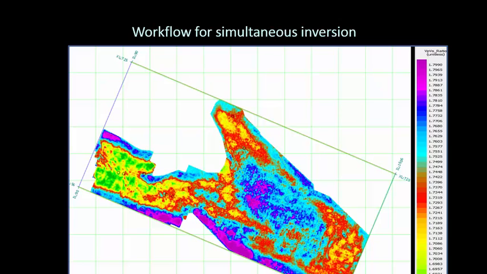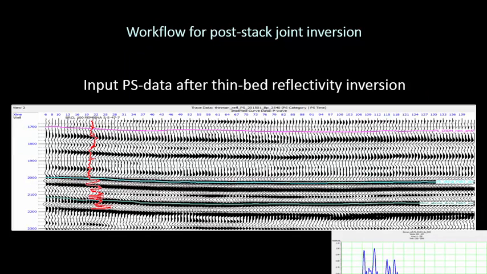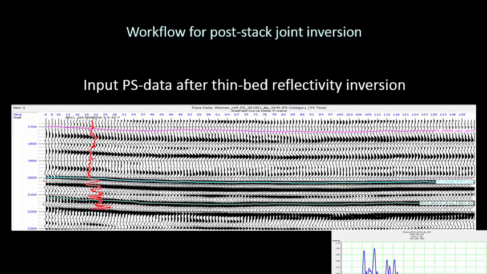One last bit here. When you are doing joint inversion, that means you are processing multi-component data. PS data again has a lowering of frequency because it is not the same frequency bandwidth as the PP data, even when you bring it to the PP time after registration. So look at the bandwidth here of the PS data and look at the bandwidth after. Again, we are not extending the bandwidth, it is still the same bandwidth, but we are trying to balance it a little better. Look at the section as such. Look at the detail here and after the balancing. This also makes a difference, this much.